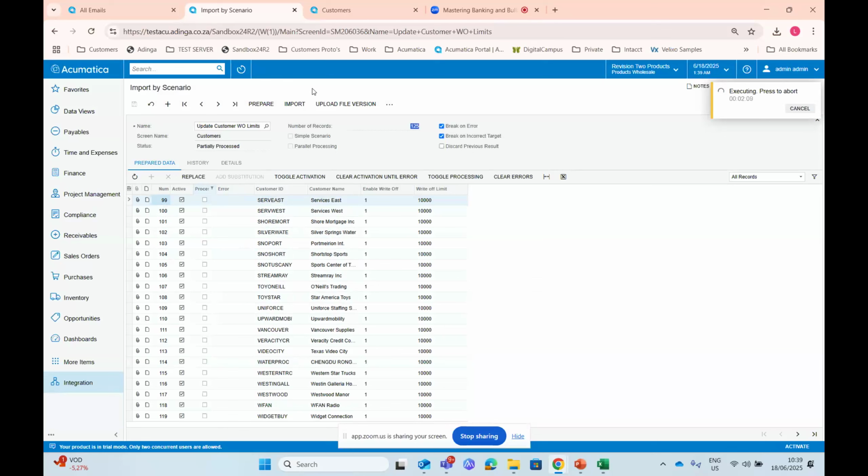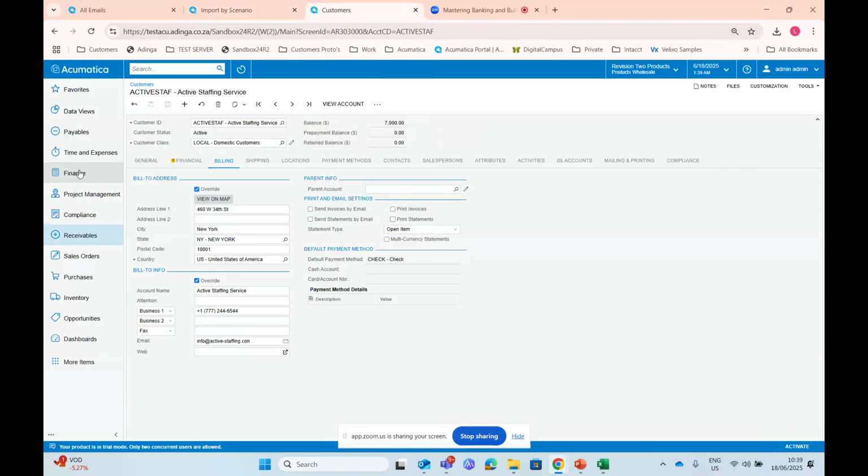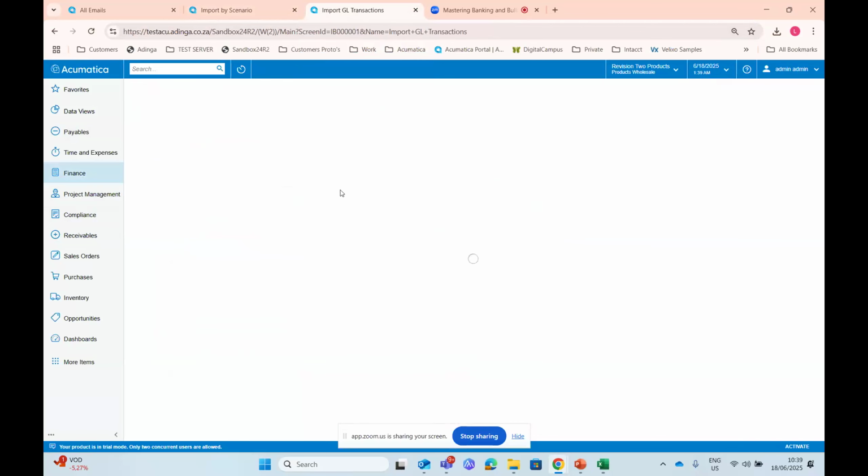The next one is avoiding common import errors and optimizing import scenarios. Okay, so I'm going to go to my GL import file again. I'm going to do this from the menu. Here's my import GL journal.